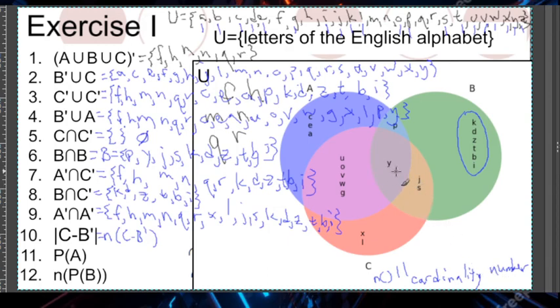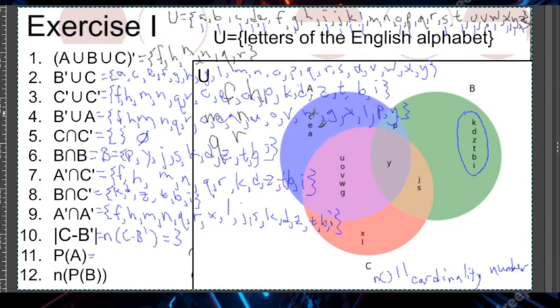So not in B, we'll take away all that, and that leaves us this Y, J, and S, and we just want to know the number. So how many is that? The number is 3, the number of elements. So we'll count the elements. 1, 2, 3. That's called the cardinality. All right. P of A. Wow, this one's